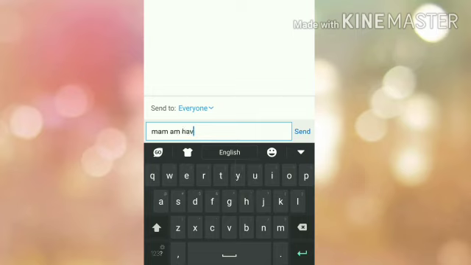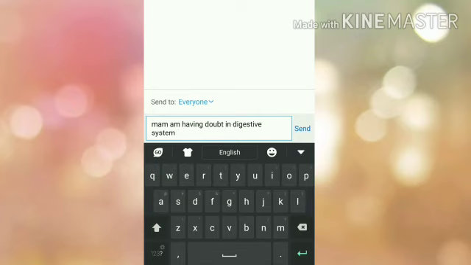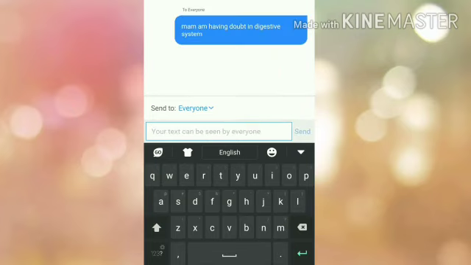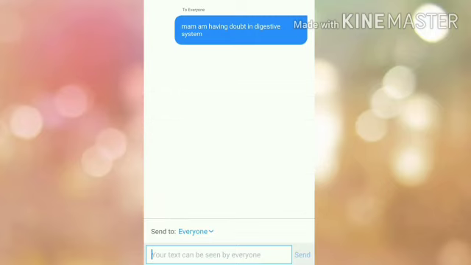For example, I am writing, ma'am, I am having a doubt in digestive system. So regarding the subject, you can write any queries. Your teacher will see the queries and answer them. In this way, you get all your doubts clarified without disturbing the class.